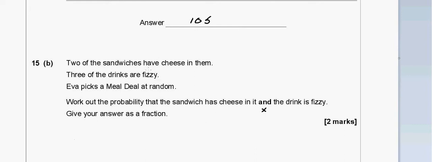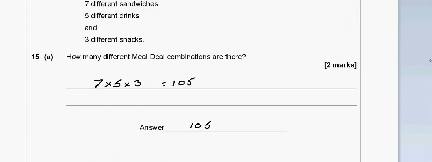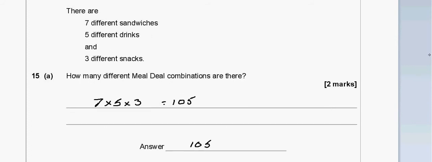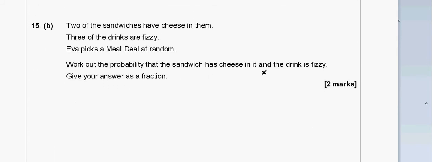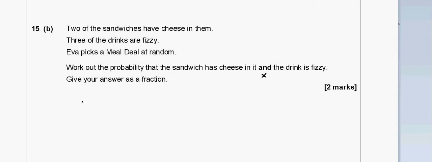So it says 2 of the sandwiches have cheese in them. So there are 7 different sandwiches. So a cheese sandwich would have a probability of 2 over 7, because 2 of the 7 sandwiches